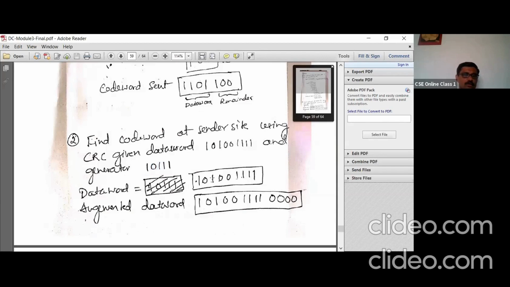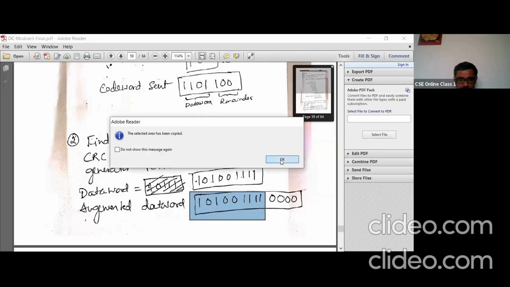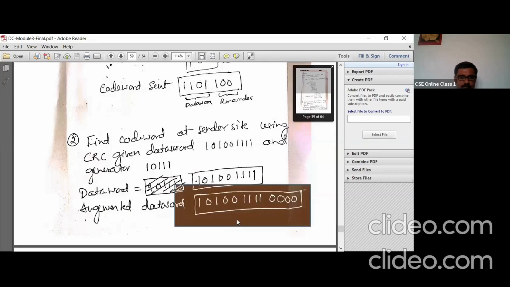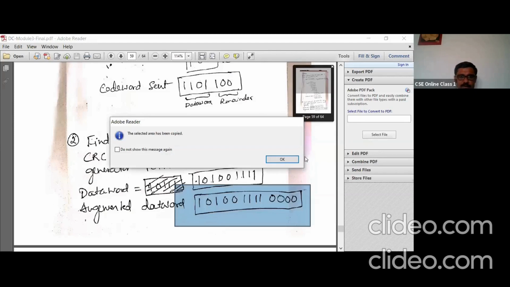So this is your data word and the augmented data word. The augmented data word is the data word part and 4 zeros are appended. Why 4 zeros? Because there are 5 bits in the divisor, one bit less than the number of bits in the generator, so there are 4 bits here. So this is my augmented data word.